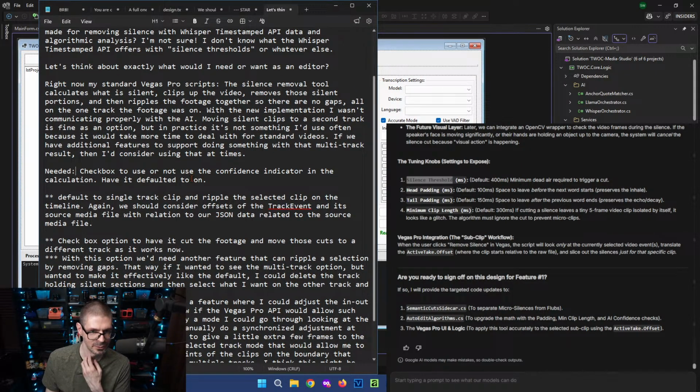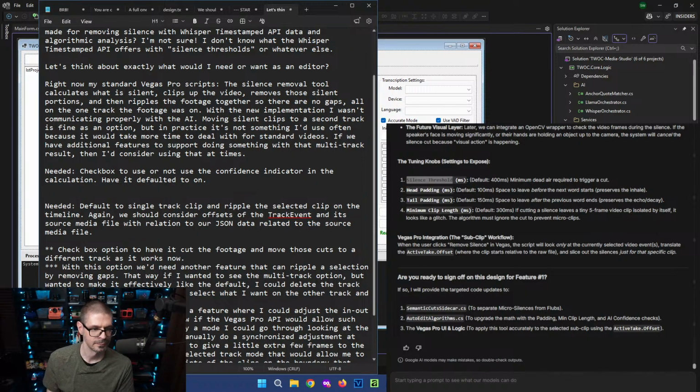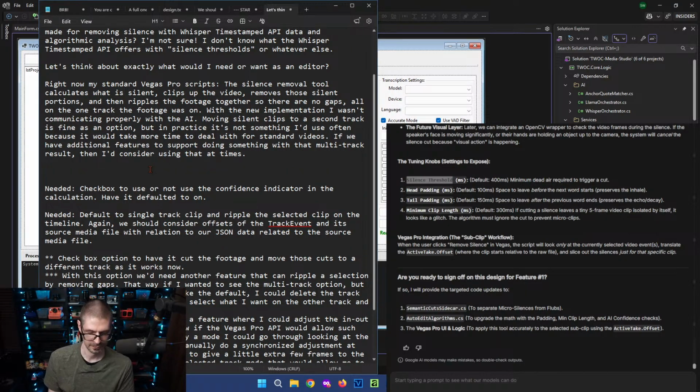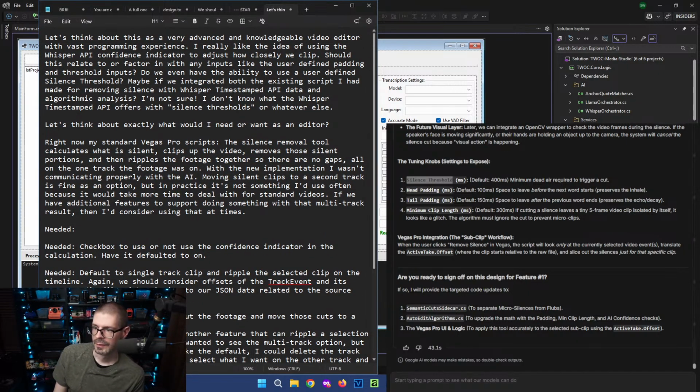Checkbox to use or not use the confidence indicator. Needed. Would I use padding?